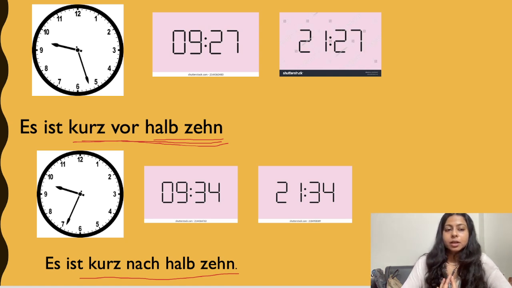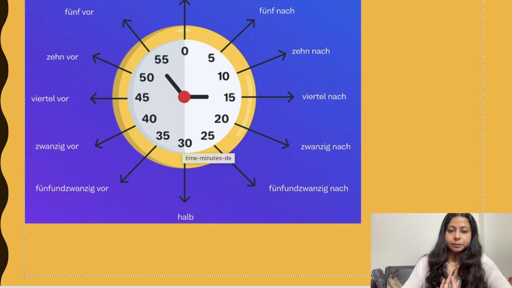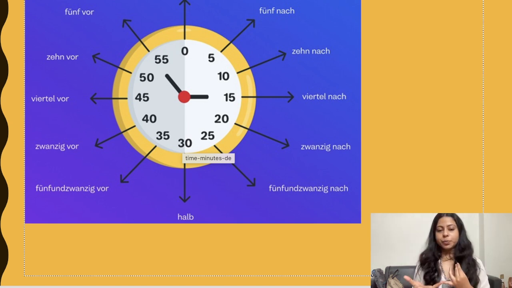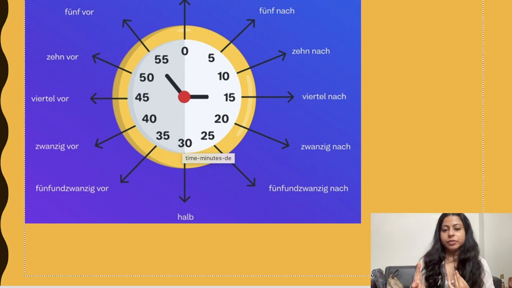Okay. Now moving on. In Umgangssprache, you don't exactly give the time of every minute. It's basically a rounded off figure. So when it's a complete hour, you say "es ist 1 Uhr, 2 Uhr" and so on. And when it's half hour, you say "es ist halb 2, 3", and so on and so forth. So for example, if you could see,